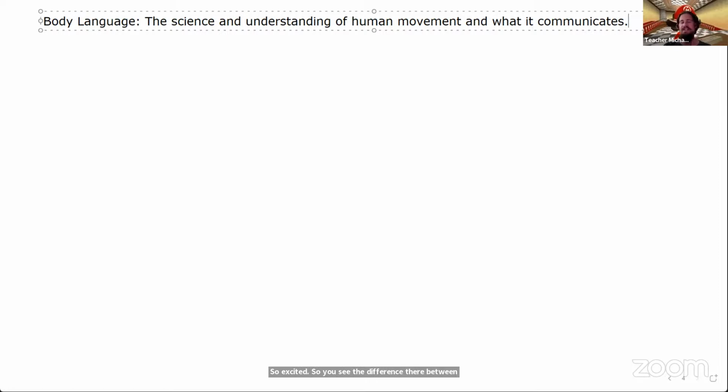So you see the difference there between those two deliveries. The first one, I tried to be a bit more excited. My voice was a bit higher, so I wasn't talking like this. It was, it's going to take me anywhere I want to go. So see how it sounds a bit higher up? Sounded a bit more excited versus the second delivery where it was very flat. I was looking down. I didn't sound happy.